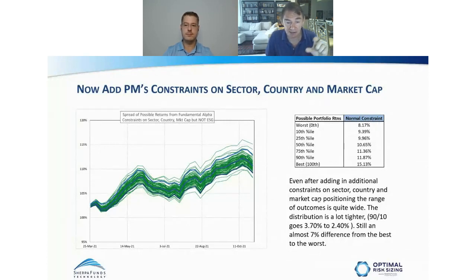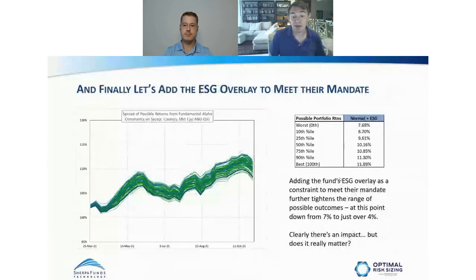And you can see that the band, the blue lines, are I think the 10th and 90th percentile. That's right, 10th and 90th, yeah. Percentile of possible breadth. The blue lines have come in, and of course, more interestingly, because you've constrained your outcome, you've also slightly negatively impacted your median alpha. So your actual possible return has reduced. Now, this is